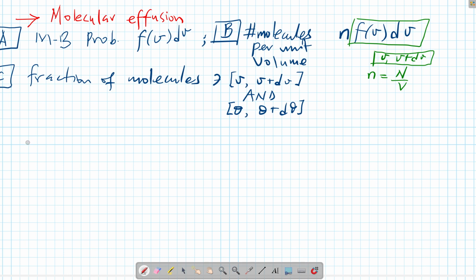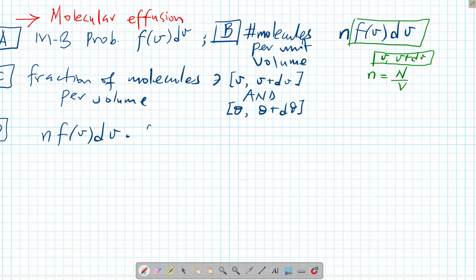And that number, if it is the fraction of molecules per volume with this property, it's going to be point D, which is like what we have as the answer in point B, the number of molecules per unit volume, n f of v dv, times